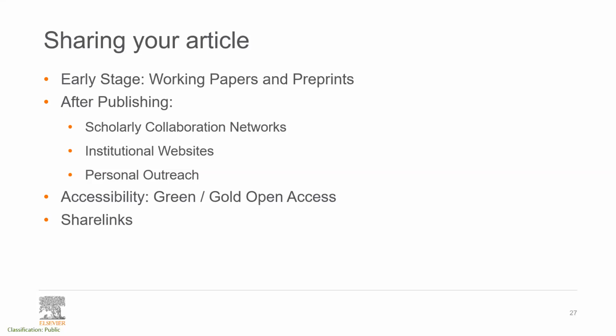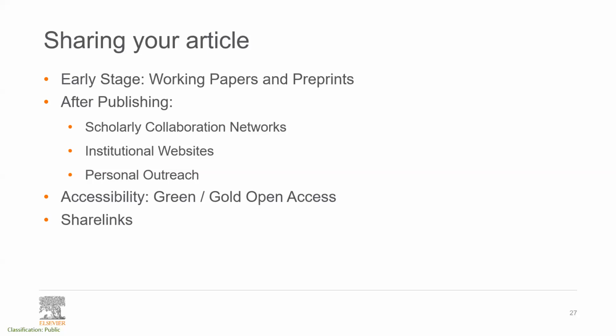A preprint is the version that's ready for submission to a journal. There is the peer review process itself. And after publishing, we usually define sharing into three realms: scholarly collaboration networks, institutional websites, and personal outreach. About wider public access, there is what's called green and gold open access,